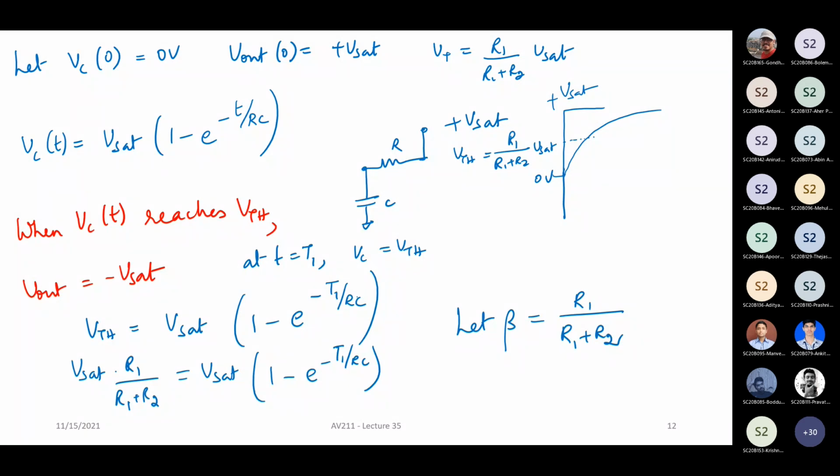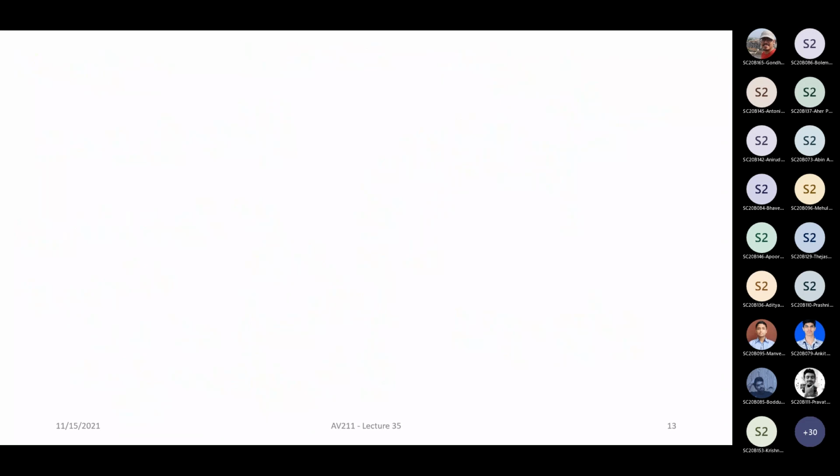Now it starts to discharge. In the discharge phase, what happens? Basically, this is R, C. What is the voltage across the capacitor here? It is plus beta times VSAT. Now, this becomes minus VSAT. Understood? When the flipping happens, you already have plus beta times VSAT, and now you have to charge toward this one.